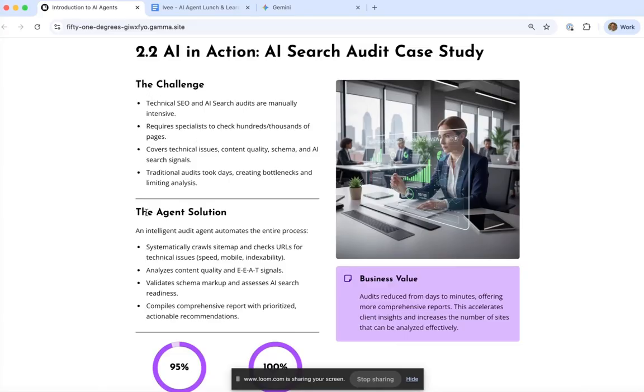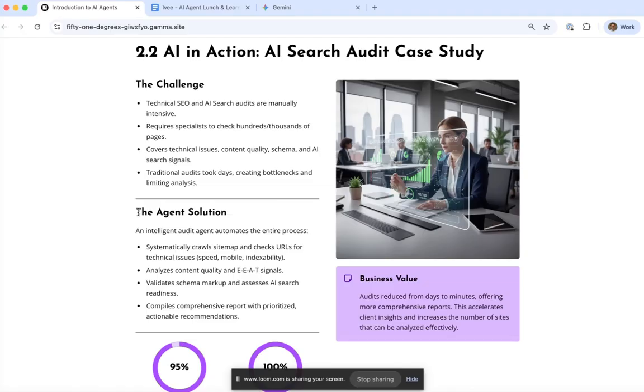What the AI agent does is research to understand the things that are really important, then it builds checking mechanisms to check these things about whatever website you give it. The agent goes away, does all its research, and comes back with a report saying how the website is doing on these different areas. For example, if I put in the 51 Degrees website, my company, it comes up with feedback saying some of the bits are pretty good.